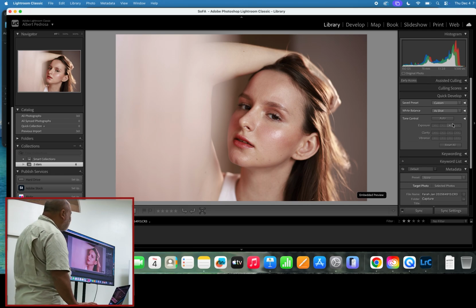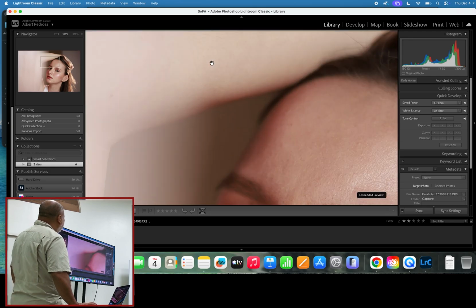But that's not really where the editing module is. The editing module is under the develop module. But right now we are still under library. We are still managing the image. We are culling the image, finding out which one works for us. Okay? So after all of that,